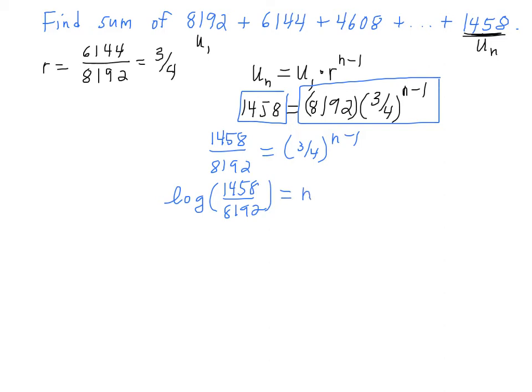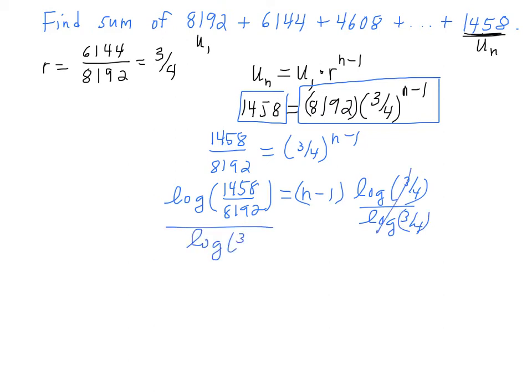And then the n minus 1 would come down in front. And we'd have the log of 3/4. We'd have to then divide over this log of 3/4. Okay? And all of that would equal n minus 1. So if we do all of that, we would end up getting exactly, let's see, this would be 6 equals